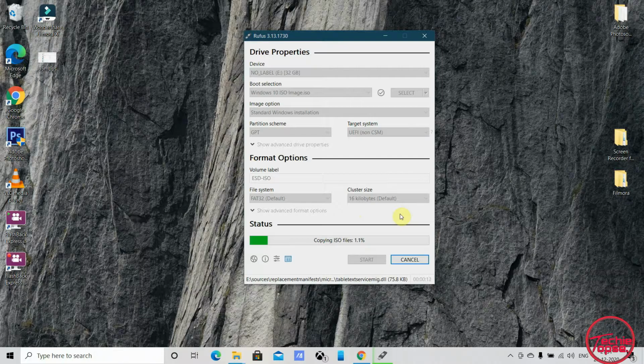Now after clicking Start, it will start copying system files to the USB bootable media drive. It takes a little bit of time, so I will fast forward from here.